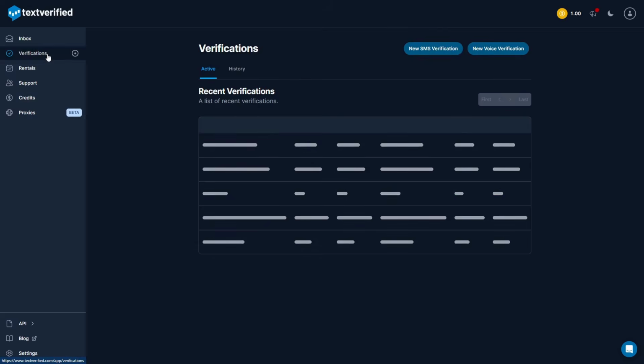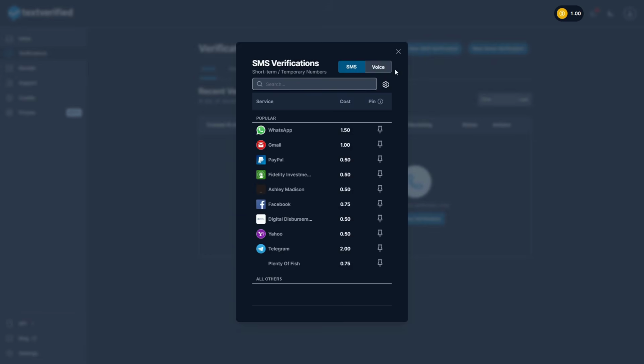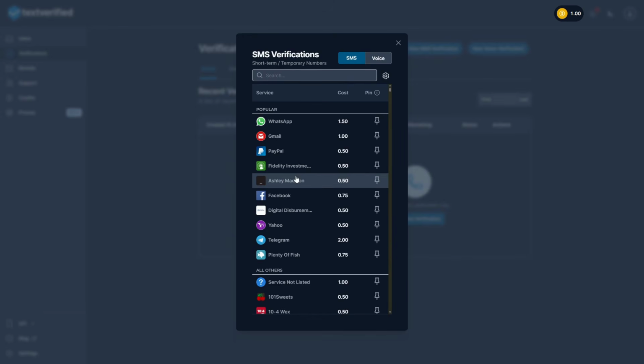and then after purchasing the credits, just come back, go to verifications, and then click on new SMS verification, and then you can see that they have other platforms that you can use the numbers to get a verification code. But remember, they only offer US numbers, so this website is only for US numbers. There's none for UK. For UK there are other websites, but for this one, Text Verified, they only offer US non-virtual numbers. Okay, so just come here, search for PayPal,